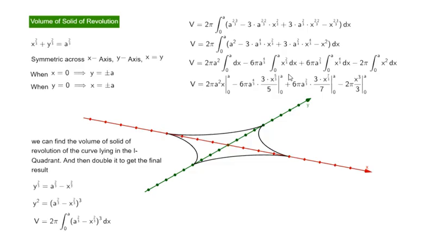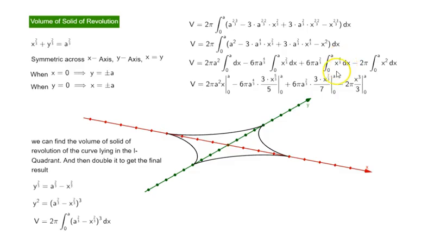Now 2/3 plus 1 is 5/3. And if we bring it to the numerator, we take the reciprocal, 3/5 times x^(5/3) from 0 to a, plus 6 pi a^(2/3) times the integral of x^(4/3),